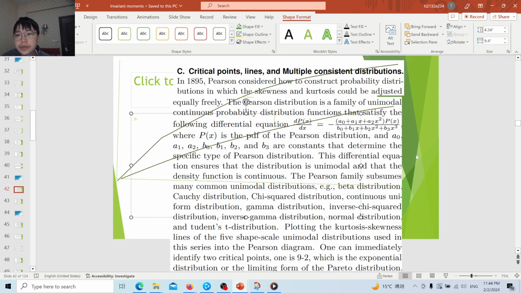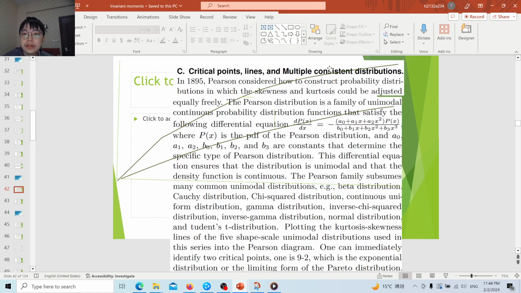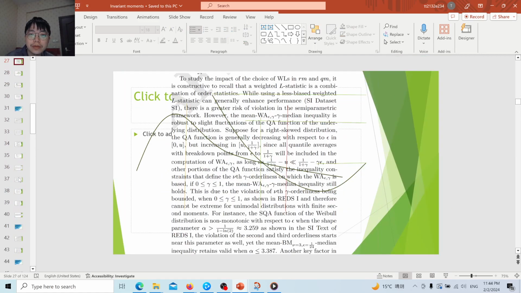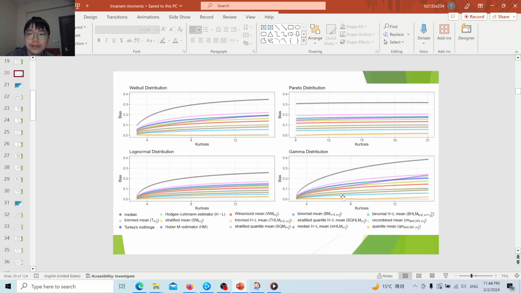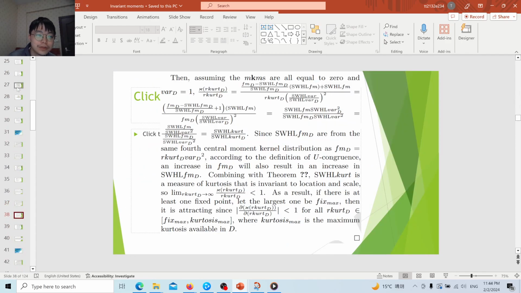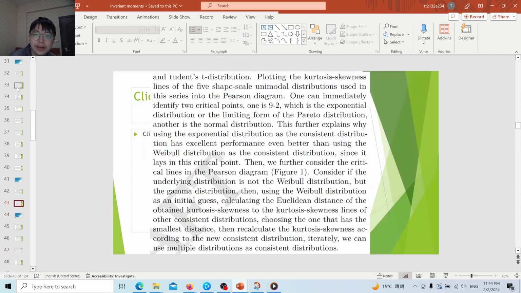So generally, we can extend this method to even more consistent distributions, and theoretically it is possible to construct an estimator that is simultaneously consistent for all these 4 and even 5, including the general Gaussian distribution, all these 5 two-parameter distributions. It is possible, and theoretically there is no bias for all these 5 distributions, and